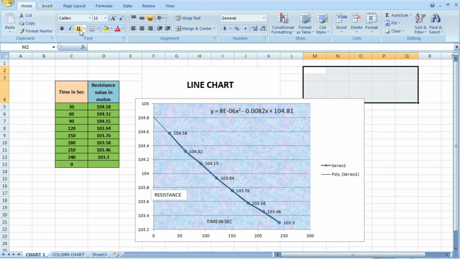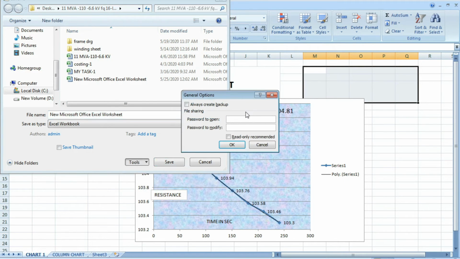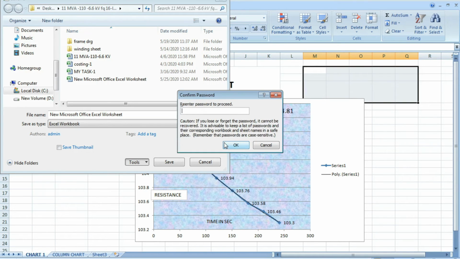For that, this is the Excel file. Now you have to go to this menu, then go to Save As. In this you will find Tools in the Save As option. Now in that you have to go to General Options, then here you can give the password. So I am writing OM as the password to open and OM1 to modify the file data. Okay, now I am pressing OK. Again it is asking to enter the password to open and to modify. So OM1. Okay, this I have given.